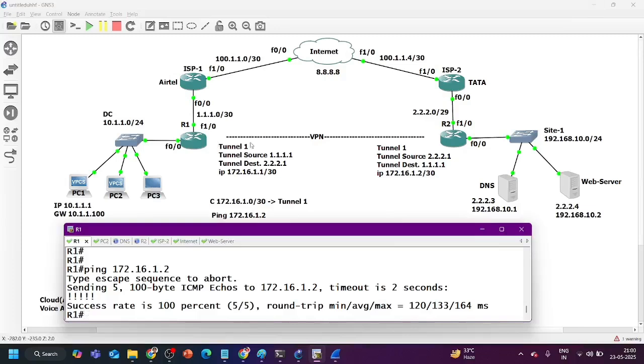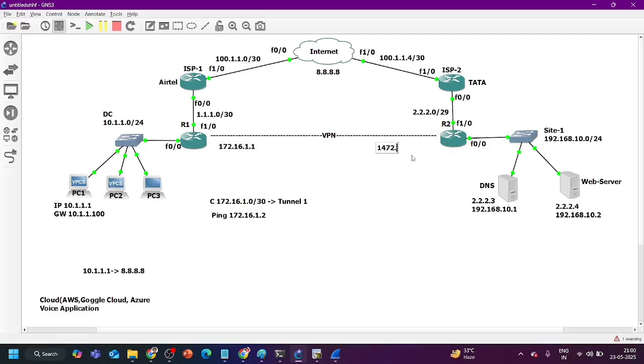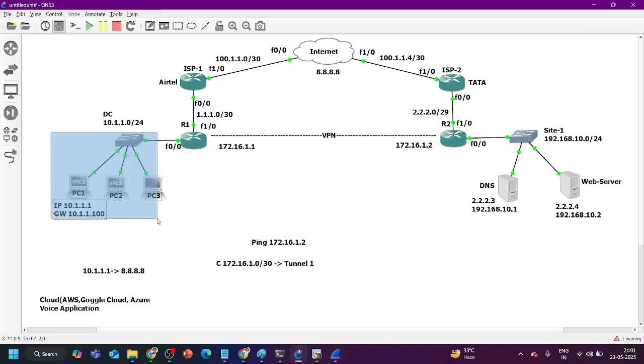Now guys, we have the virtual private network between router 1 and router 2. Here the IP address is 172.16.1.1, and here the IP address is 172.16.1.2. Very good. This is my virtual network. Now on this virtual network, I can configure any routing protocol to exchange my LAN prefixes between these two